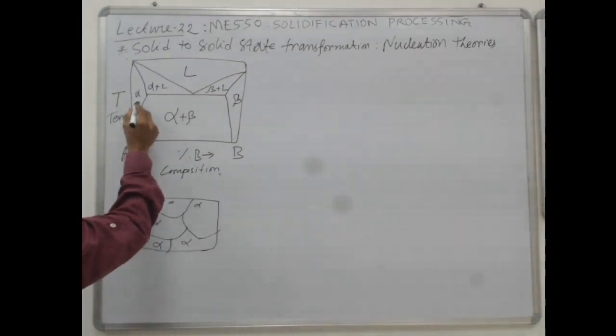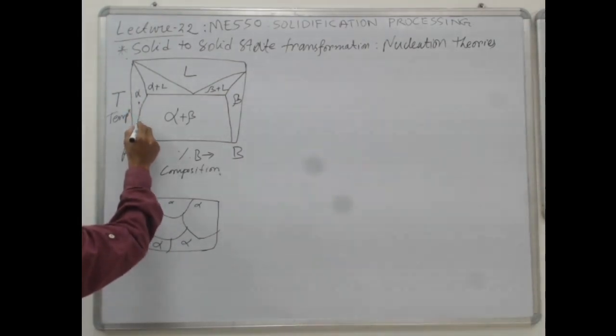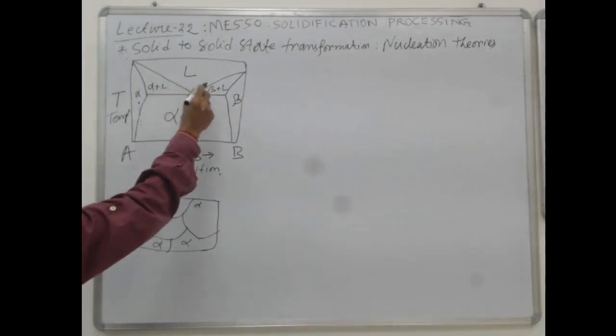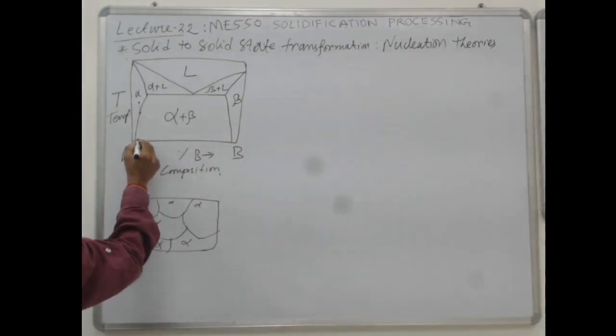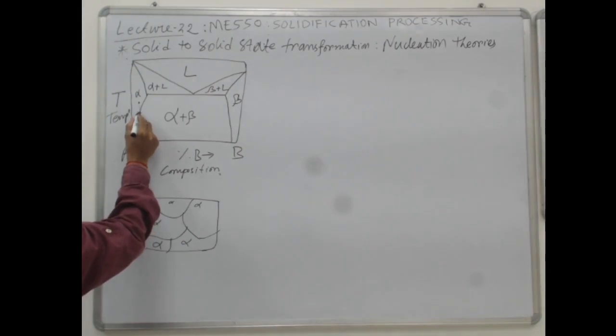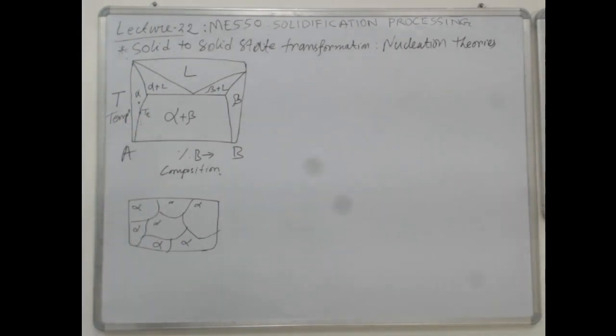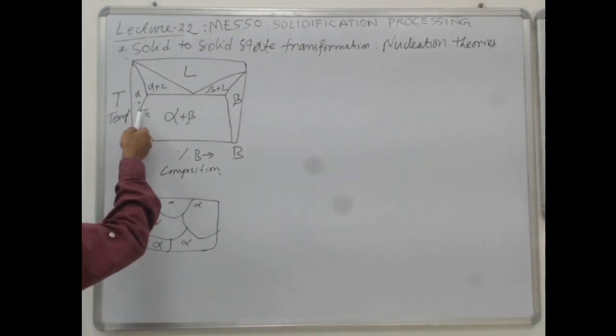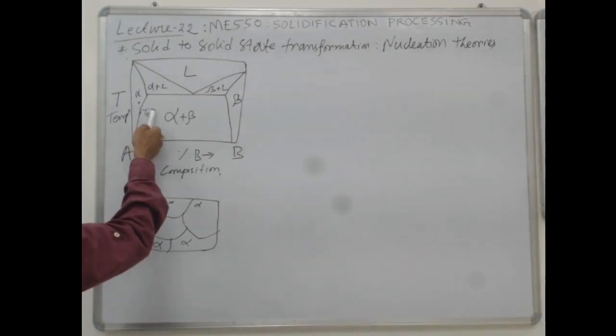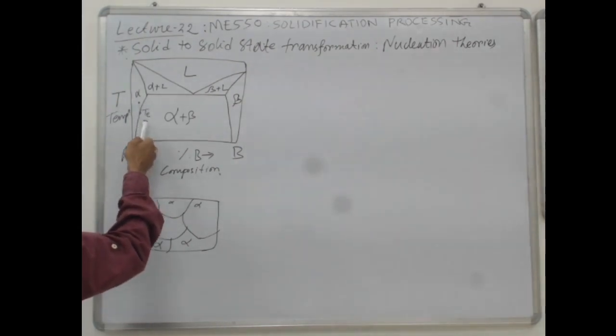So now what happens if you cool it? This is the equilibrium phase diagram. For this composition, this temperature is the equilibrium transformation temperature. The moment you come down to this point, or if your temperature is below this TE, the equilibrium temperature,